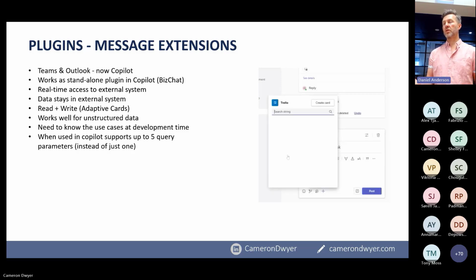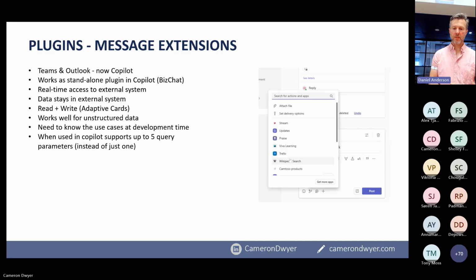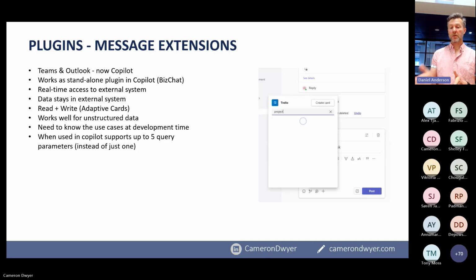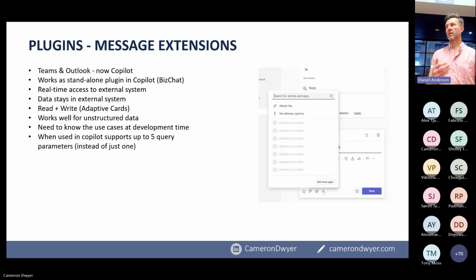So if you didn't have this capability, you would have to go out to that external system, find whatever you're looking for, or copy the URL, bring it back into Teams and paste the URL in there. So messaging extensions were a way of reaching out to your external systems and referencing information that was in it. Now, message extensions were part of Teams. They then exposed it to Outlook, so you could do the same things. When you're in Outlook, you can use a message extension to refer to items that are in an external system. If you've already built these, you can now expose these to the Copilot business chat experience as well.